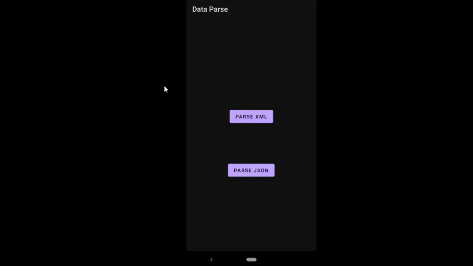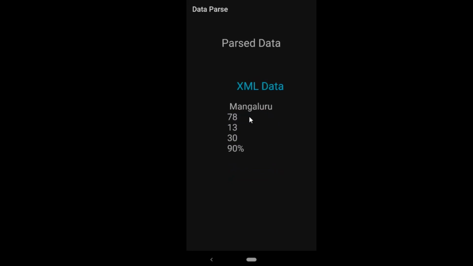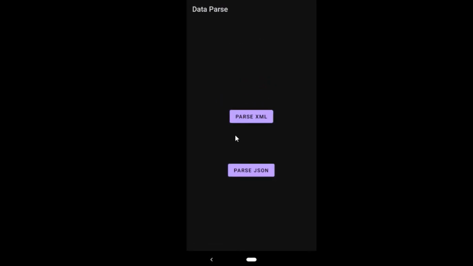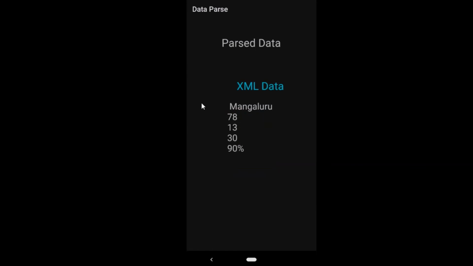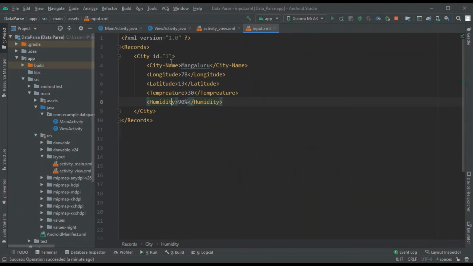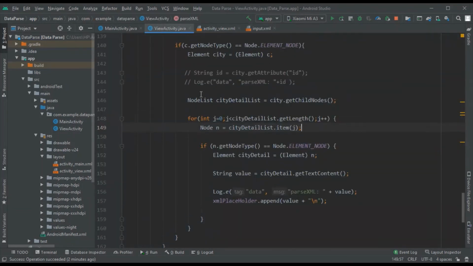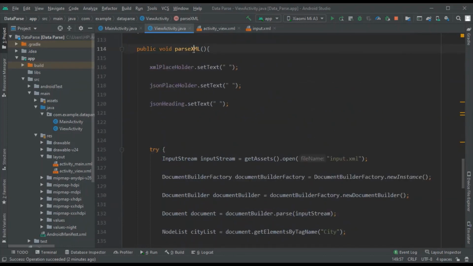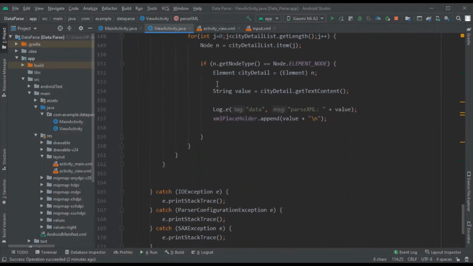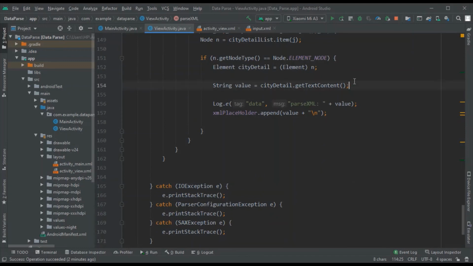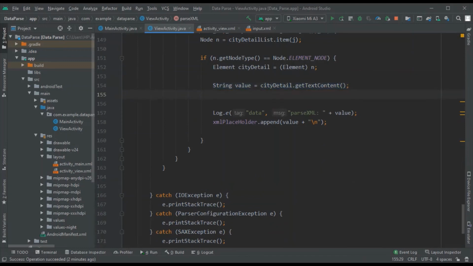Okay, so now if you click on this, you are able to get this data here, the single data, and also here, but these things are not properly aligned. And one more thing that you can do here is you can add the tag names over here, like the city name and all those. Now to add the tag name, what you can do is go to this view activity, and in the parse XML, you can come here, and along with the get text content,